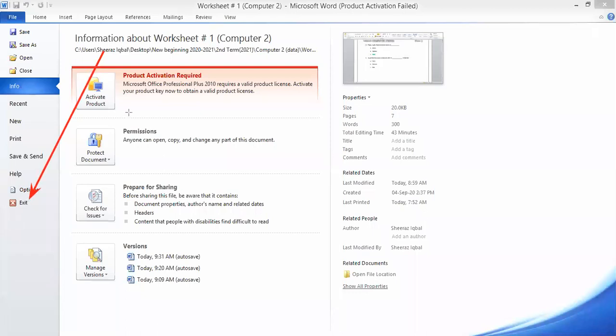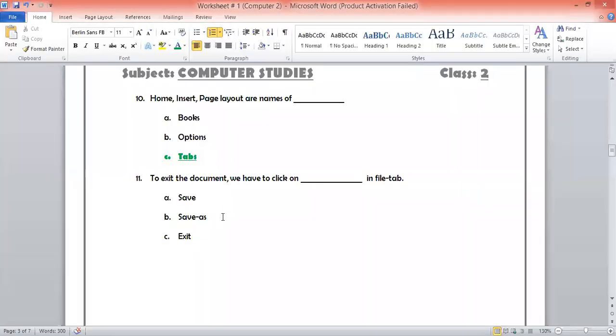So, what do you think? The option is very good. That's good.